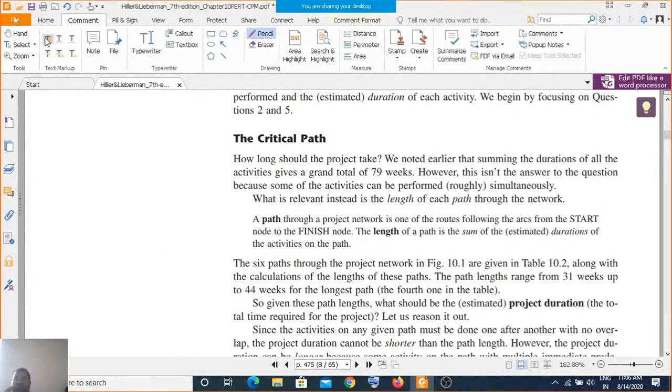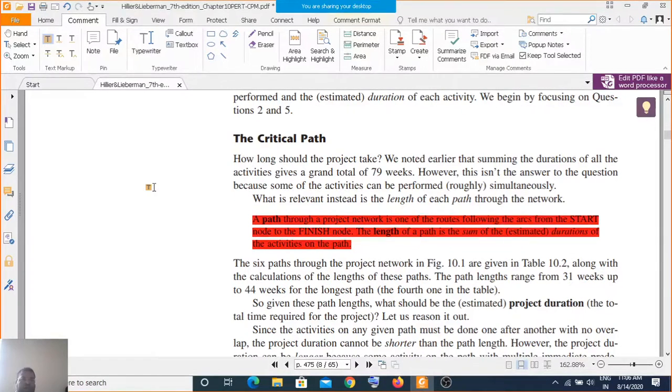First, the critical path is a path through a project network, one of the routes following arcs from the start to the finish node. The length of the path is the sum of the estimated durations of the activities on the path.